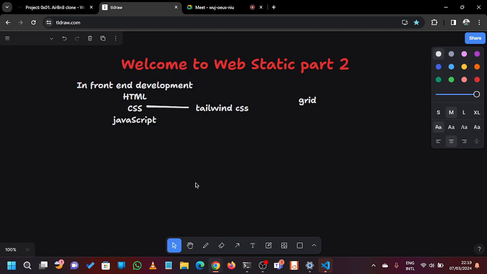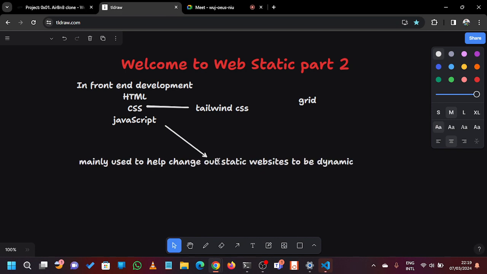So on JavaScript, it's basically just another programming language. In JavaScript here, this one is mainly used to help us change our static website to be dynamic. Yeah, dynamic. What this means is basically like,